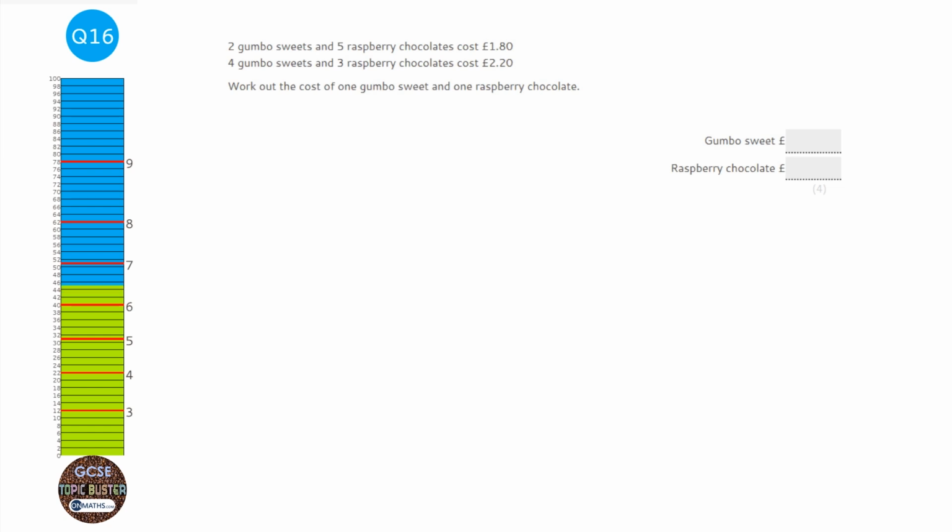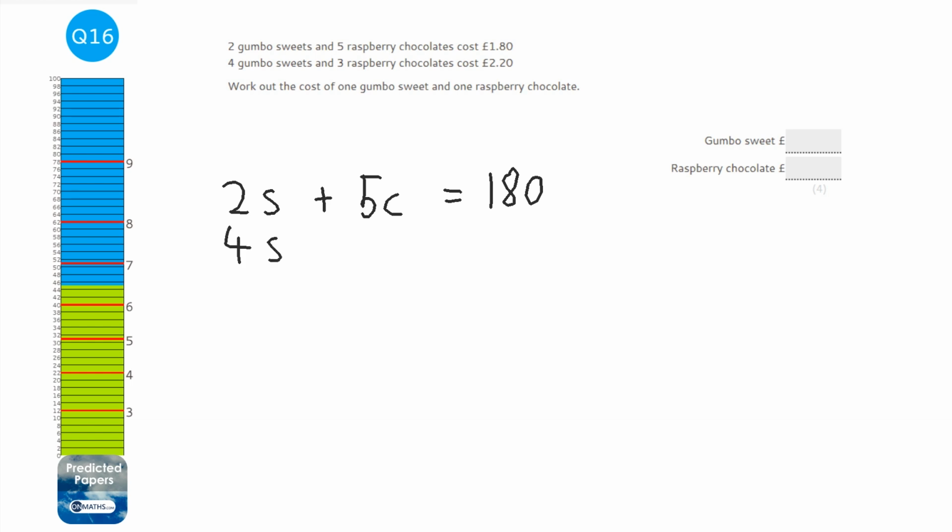So this question is a simultaneous equations question, but it doesn't look like the stereotypical simultaneous equation question, because we're given a context for this. However, if you imagine S represents the price of the gumbo sweets and C represents the price of the raspberry chocolates, what we can do is write these two pieces of information as this. So 2 lots of the S plus 5 lots of the C equals, and I'm just going to leave it in pence rather than pounds. I find pence a lot easier to work with. And then we can write the second one as 4 lots of the sweets plus 3 lots of the chocolates